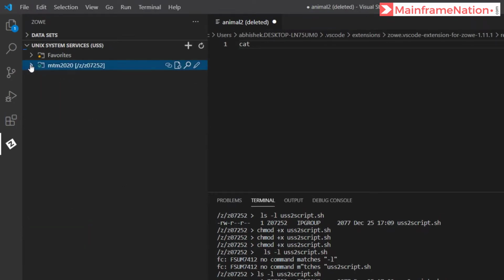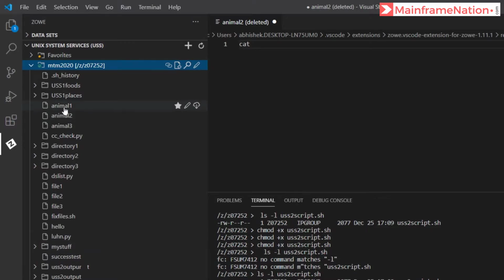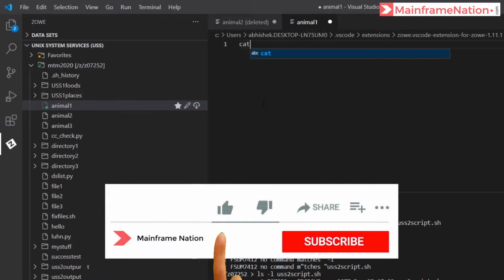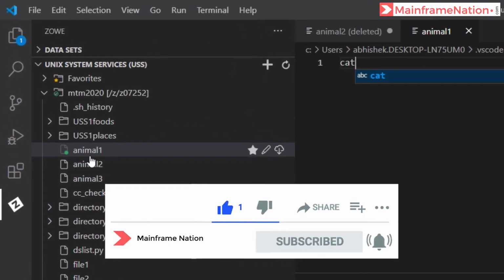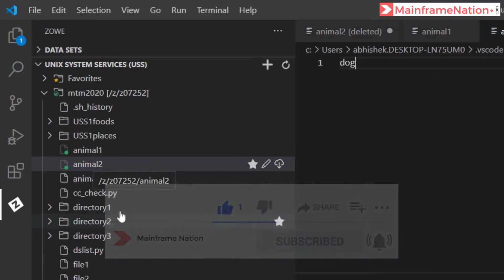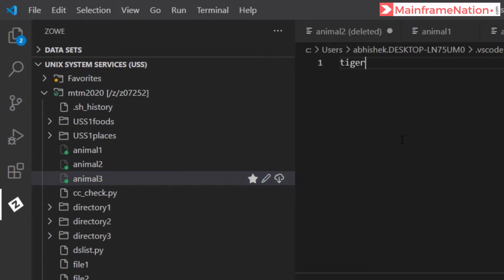Now let's close and expand again. And here I can see animal1. Let's give here cat, control save. Let's give in animal2, dog, control save. Then let's go to animal3, give tiger, control save.